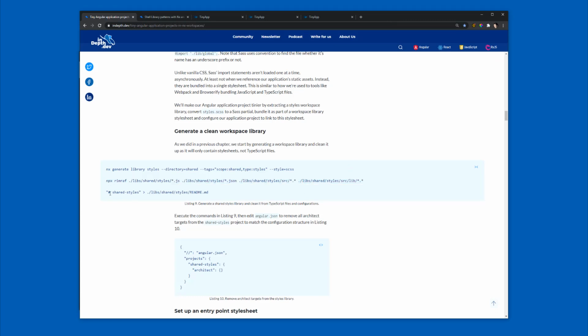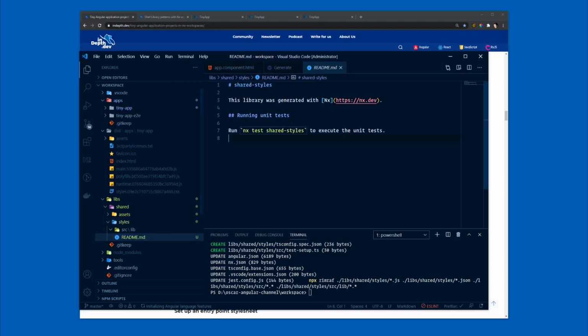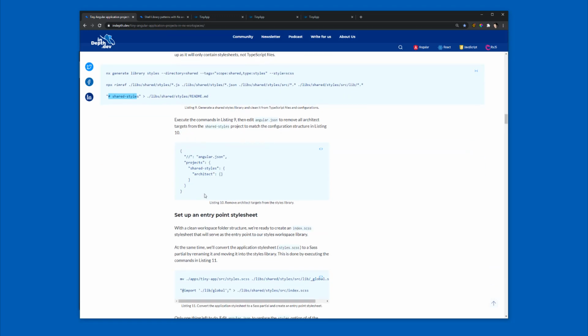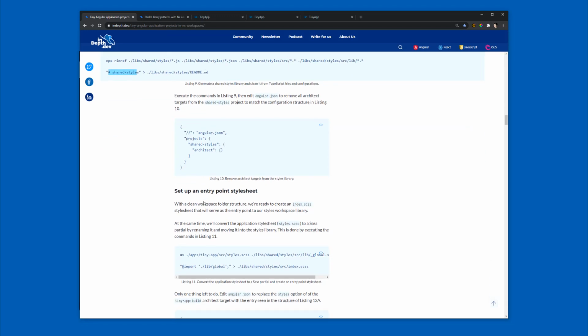What's next? We're gonna go to the README MD file and just clean that and leave that as it is now, with the share style as a description for the library. Right, so the last step that we need to